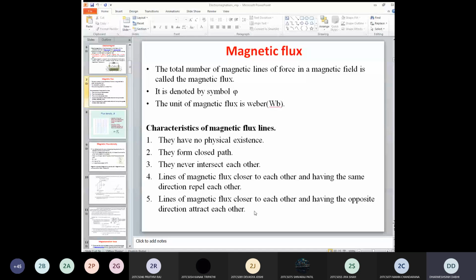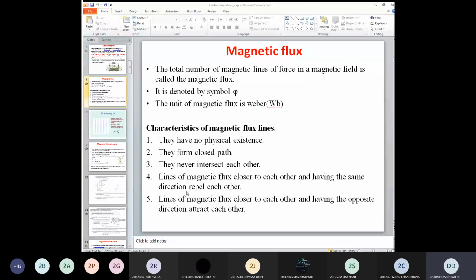But when the plane of the coil is parallel to the flux direction, the plane as well as the flux both are parallel, then the flux passing through this plane is zero. There is no angle between flux direction and plane. It means theta is zero. So if you put theta as zero in BA sine theta, it becomes zero. It means when the plane of the coil and flux direction are parallel, there is no flux passing through this coil. Coil means this plane. So at that time you can say that flux is zero.